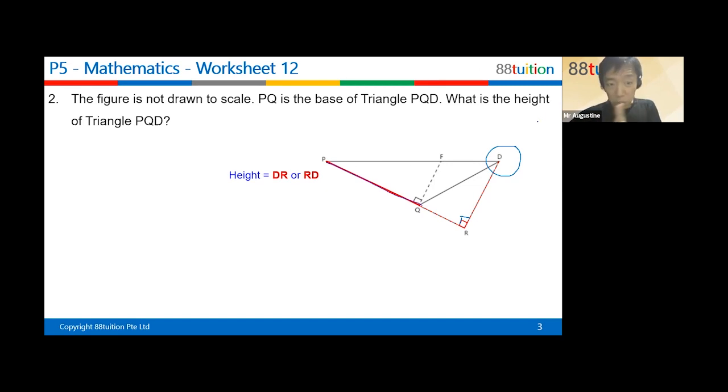QF is much shorter than DR. Therefore, if you had used QF as the height, you would not be finding the full area of triangle PQD. You are only finding the area of triangle PQF, but that will be wrong, isn't it? So in order to find the area of triangle PQD, your height needs to extend a little bit more. That's why we have to use DR as the correct height. So even though R is not inside the triangle, it's okay. The base must be in the triangle, but the height doesn't necessarily